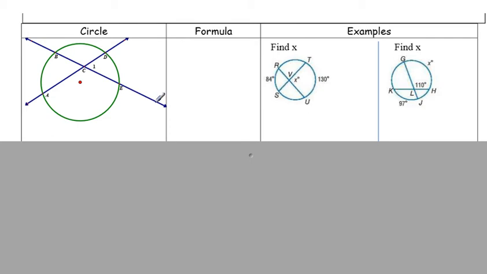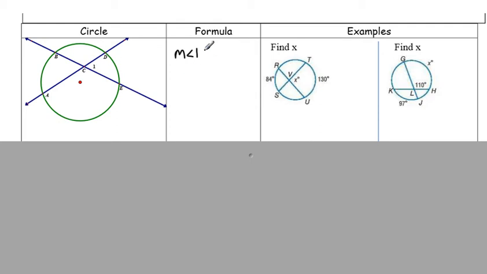Okay, so this particular chapter is on finding angle measures within a circle, whether they're formed by secants, tangents, or just chords. So this is an example of two secants, and the angle is not in the center of the circle, it's not on the circle, so it's not an inscribed angle, it's just an angle formed by a secant and a secant. So if we are looking for the measure of angle 1, the formula for this type of